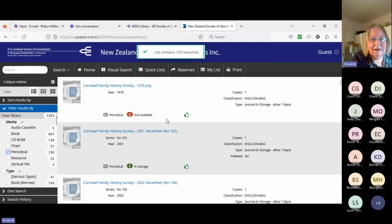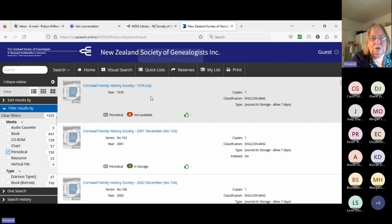There you are. And this shows you the Cornwall Family History Society magazine of 1976, and it says it's not available. But if you have a look over here, it says it's a journal and it's in storage. And you might have been able to identify something in your family history that you want to have a look at that's in that particular journal. And if it says this, you just need to give us 7 days and we will get it into the FRC and see if your information is available in it,